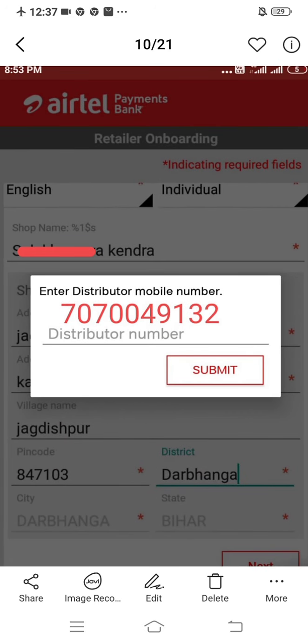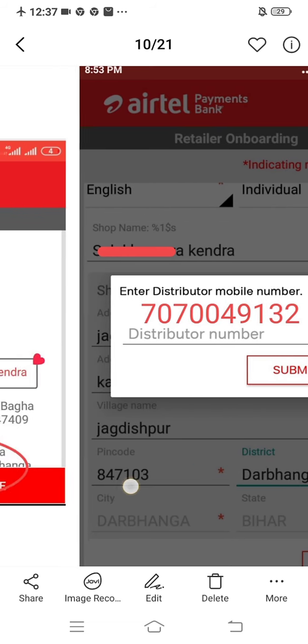Next, it will also ask you for a distributor number. In this case we put the distributor number as 70700499132, and then you move to the submit button.